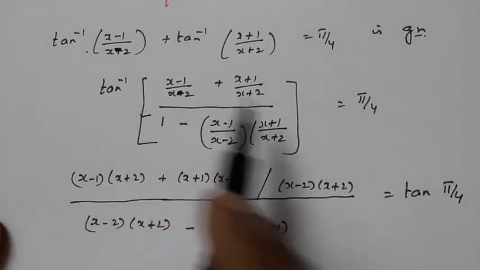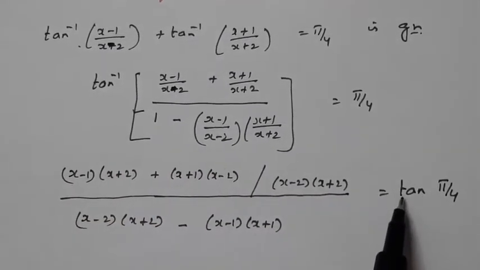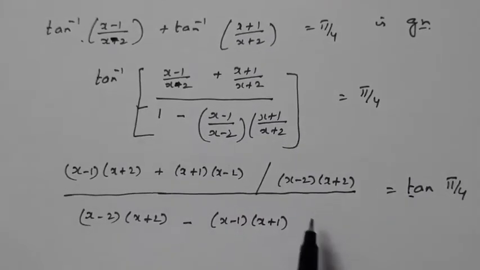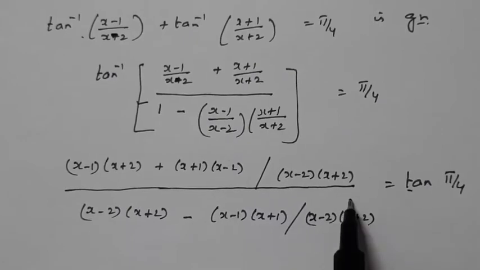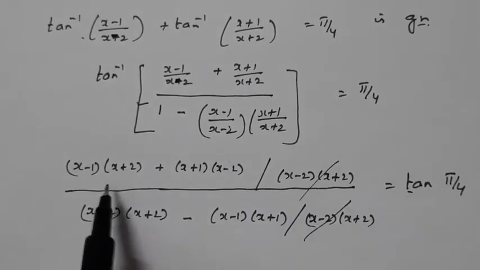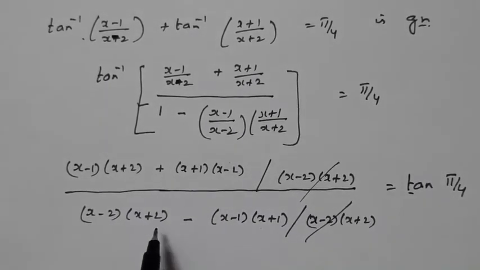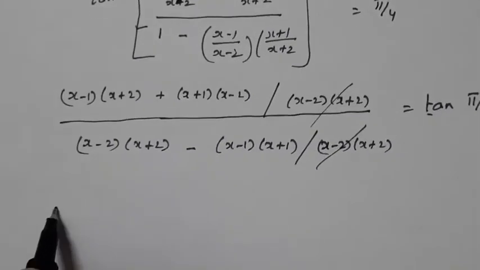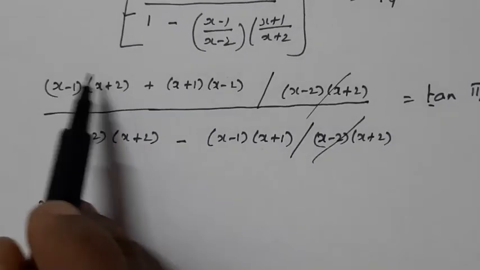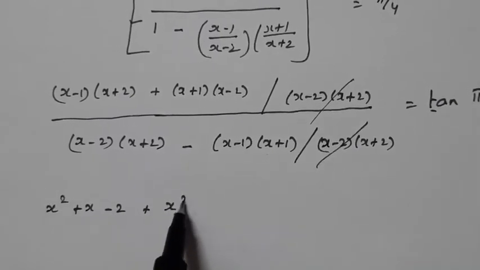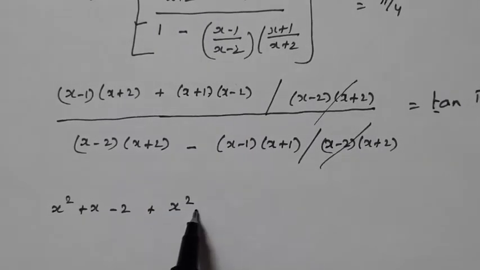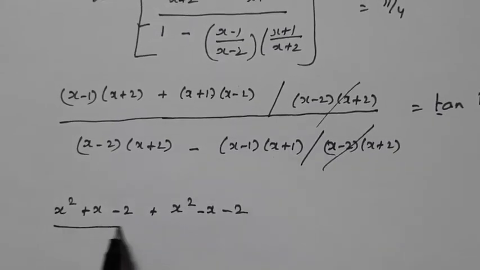Okay, we have moved tan inverse to the opposite side in order to get tan pi by 4. Now, divided by, I left out the (x minus 2) into (x plus 2), so these two get cancelled. Now, simplifying the numerator as well as the denominator, we have x squared minus x plus 2x will be plus x, then minus 2, plus x squared plus x minus 2x is minus x, minus 2, divided by